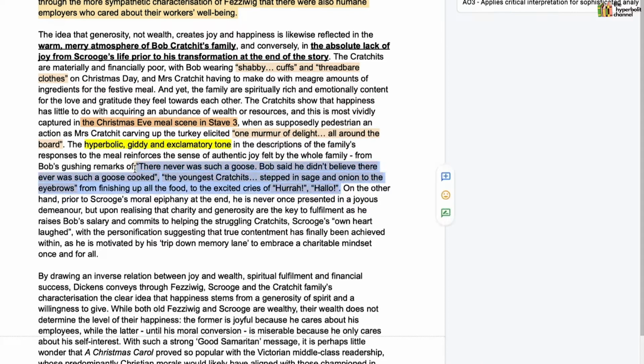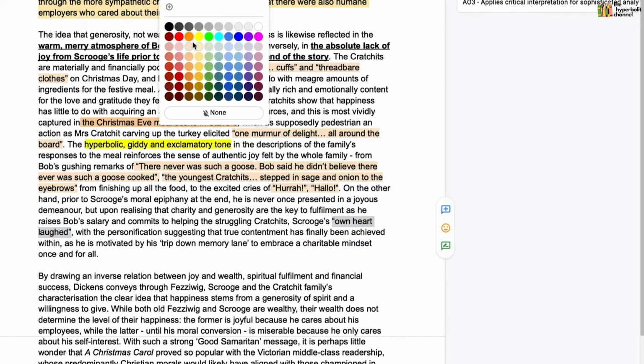So bringing in all of the quotations here to illustrate this point about how the Cratchits are happy in just the company of each other despite the meagre and impoverished conditions that they live in. On the other hand, and she moves on to the other example from the text, prior to Scrooge's moral epiphany at the end, he is never once presented in a joyous demeanour. But upon realising that charity and generosity are the key to fulfilment, as he raises Bob's salary and commits to helping the struggling Cratchits, Scrooge's own heart laughed, which is a quotation from the very end of the novel,